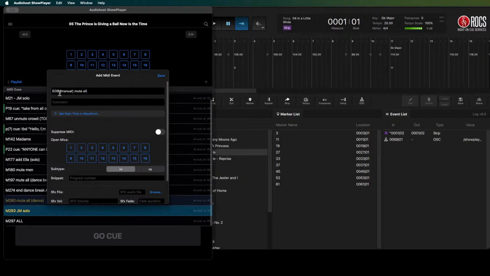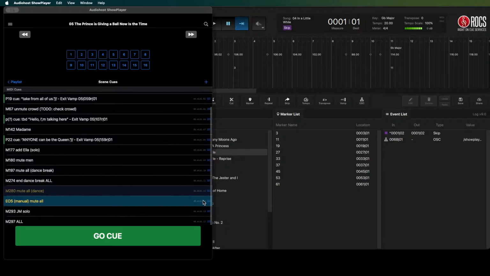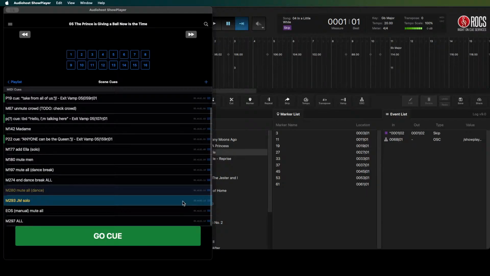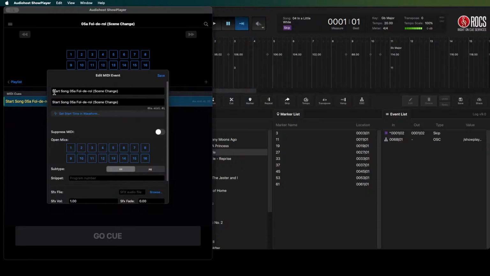Okay, and I'm gonna put in a song. That's fine. So whenever the song ends, it doesn't matter where it is, right? And of course, that's not the last event. There, manual mute all, and we're ready to do another